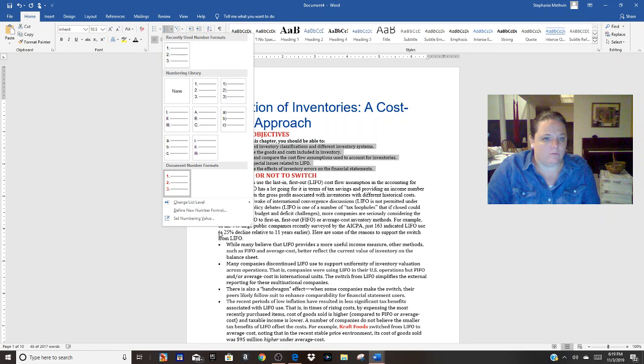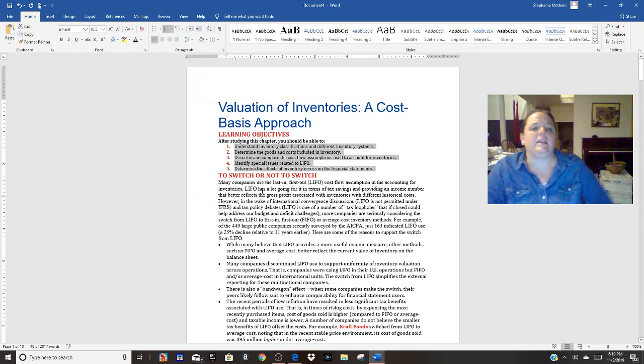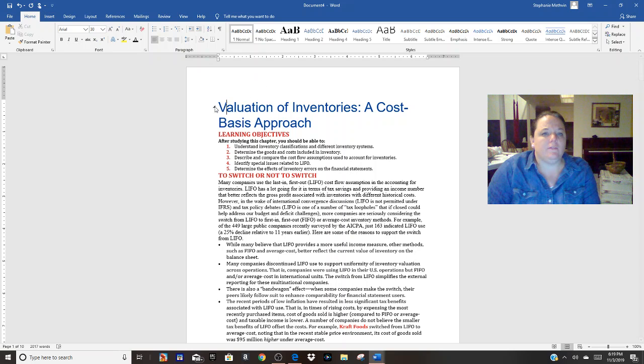See down here, in my document number formats, it even has this red one right here. So that's kind of neat. That was just it being smart, picking it up from the document that it came from. So I'm going to look at a couple of these and see what's going on here. This looks like it's still listed as normal. So what we can do here, let me see.